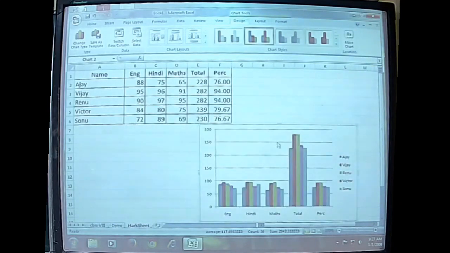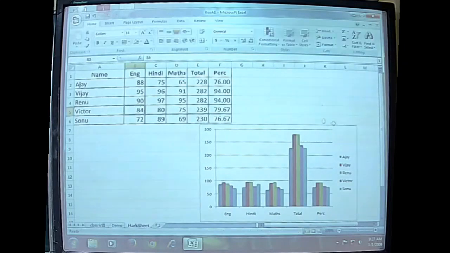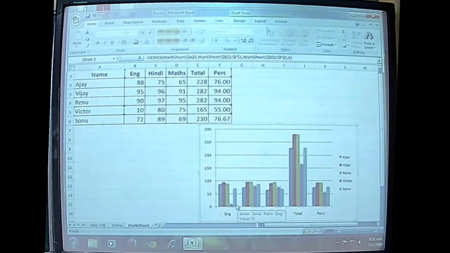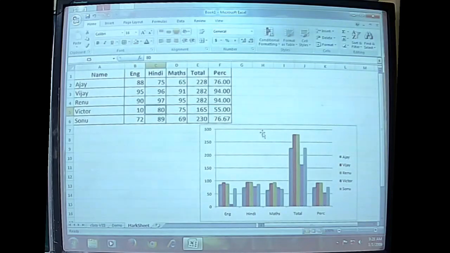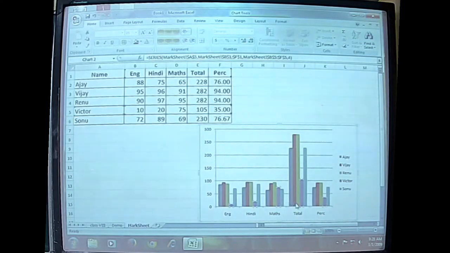Now see the difference. Now let us see the total marks of each student. Let's say that Ajay, he is the first one. Now let us try to change the value of any other place. Now let us try to see the difference how it appears in the chart also. See, so definitely this is the value which is given for Victor. Alright, so the second last one, and definitely the values are changed. And definitely when it is also changed, see how it gets affected in the total and percentage also.